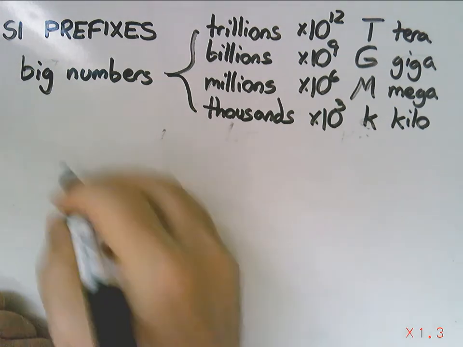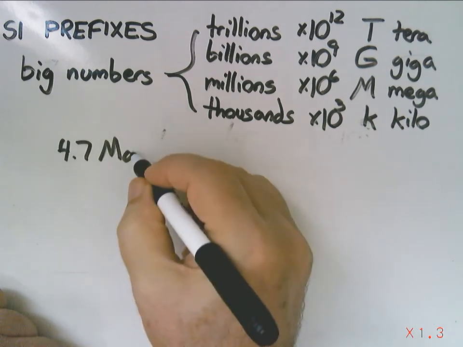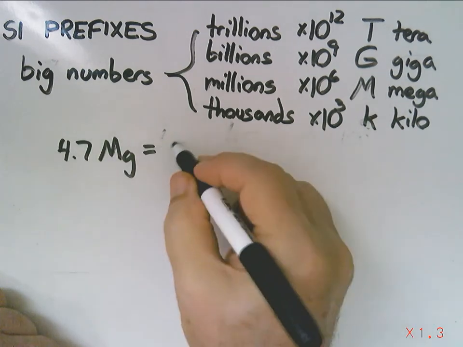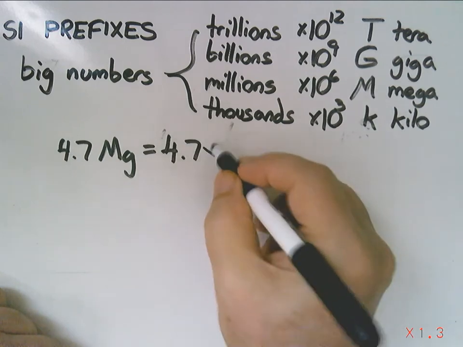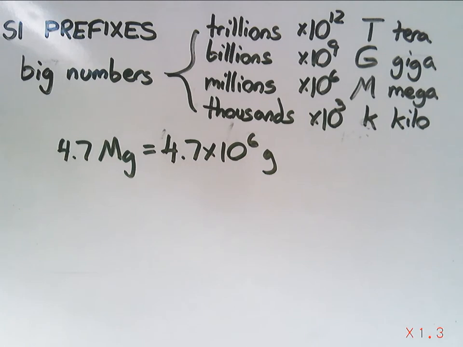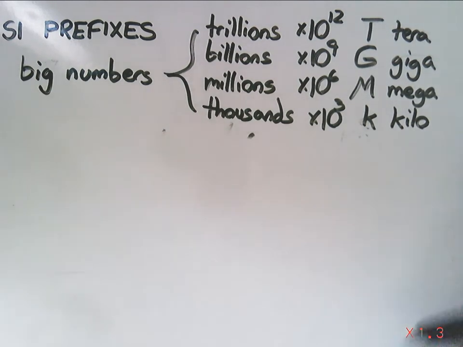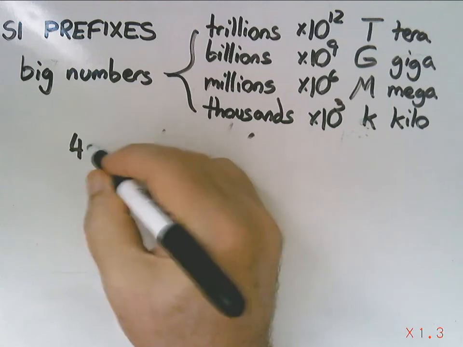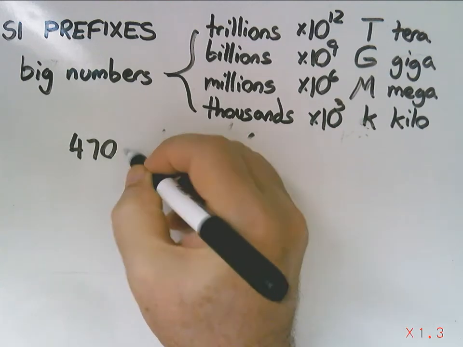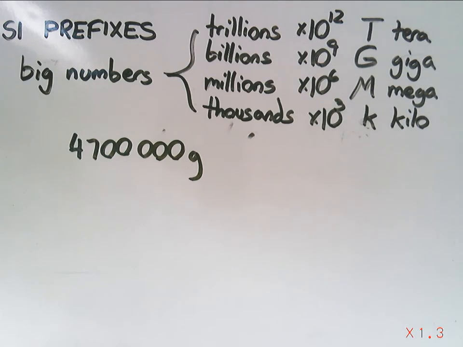If I write down 4.7 megagrams, that's 4.7 times 10 to the 6 grams. See, you're just making a substitution there. That's all. And I can go the other way too. If I have 4,700,000, if I have that many grams,